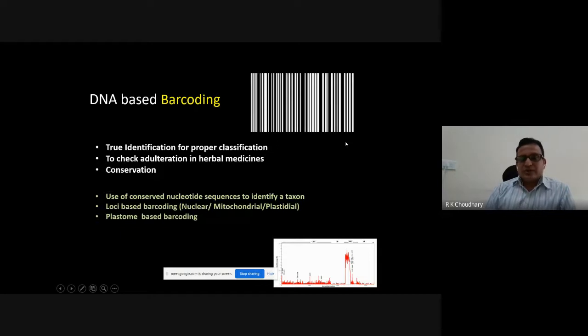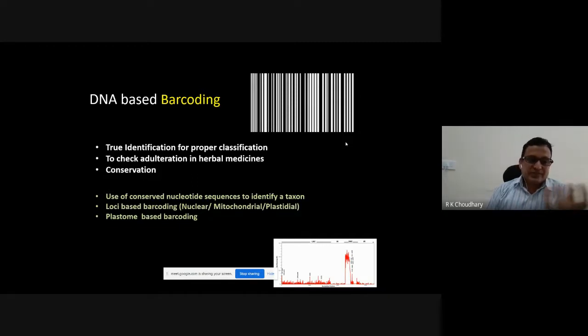You are going to find out those particular sequences, which will tell you everything about the identity of that particular plant group or the plant. So it helps us in true identification or proper classification. So it will help you know whether